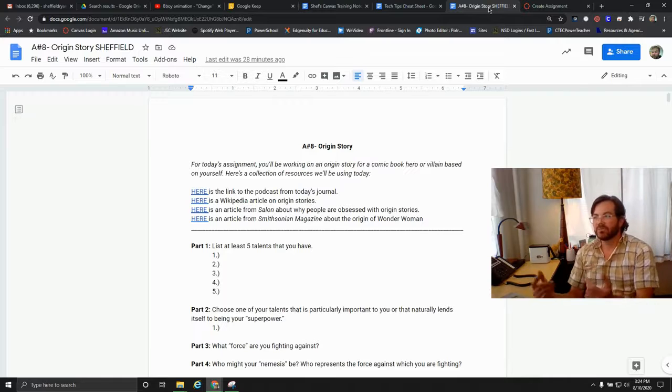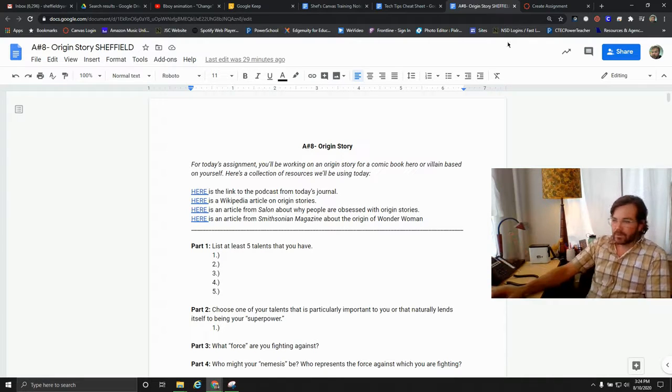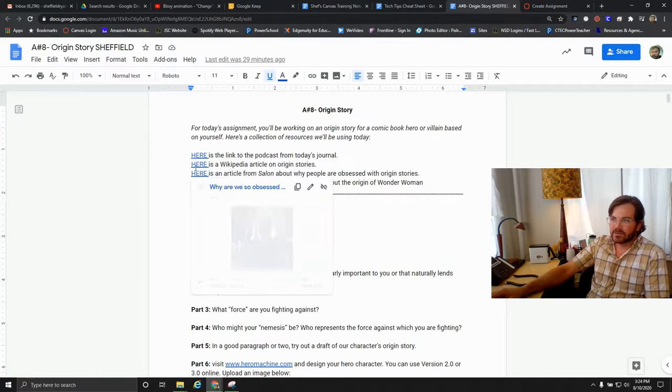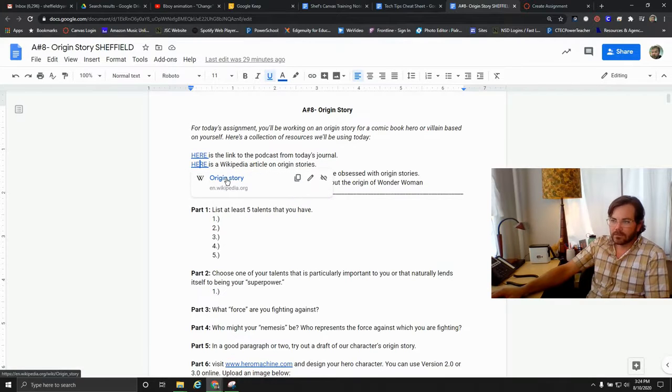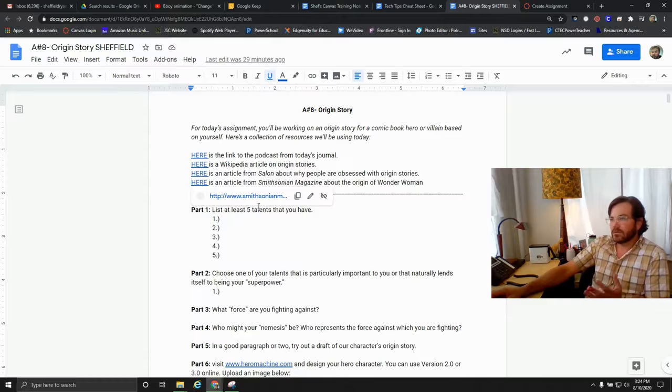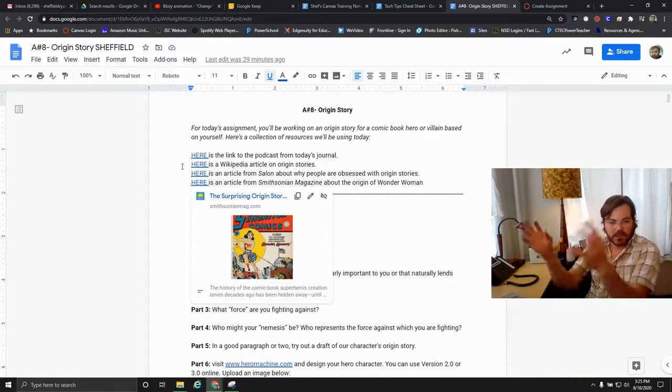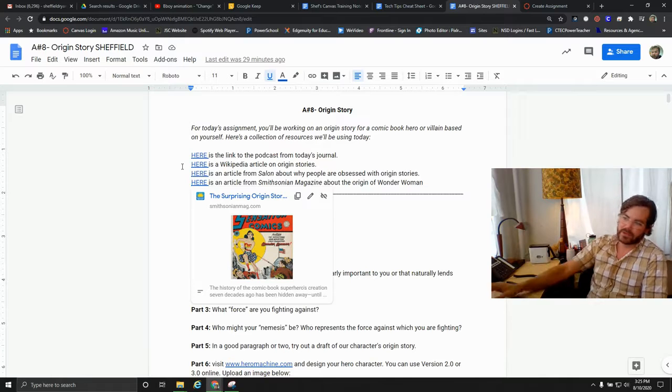And in this case, I've got a template. So it's basically the questions and a blank template. So there are some linked resources up here, including a short podcast about origin stories, a Wikipedia article about origin stories, an article from Salon about why people are obsessed with them, and then an article from Smithsonian Magazine about the origin of Wonder Woman. So, you can kind of pack in a lot of resources that are available right here just by clicking, so